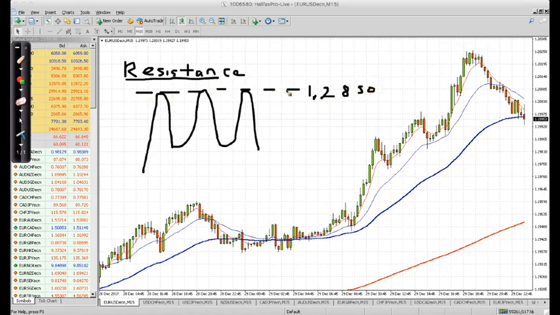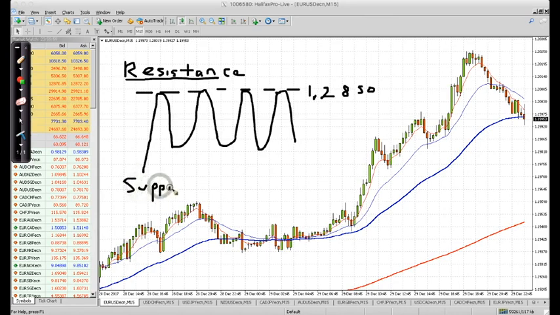At this level, it tells you that supply exceeds demand, or in other words, there are many sellers that are queuing and waiting at 1.2850. So the moment the price goes to that level, there's a probability it will stop and reverse back down. That's known as a resistance level. So conversely, what's a support level? A support level